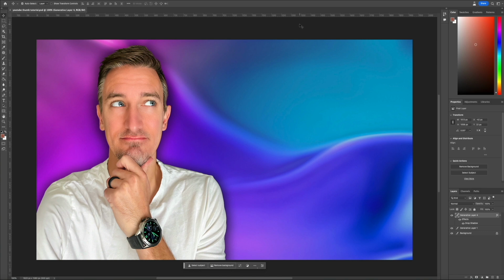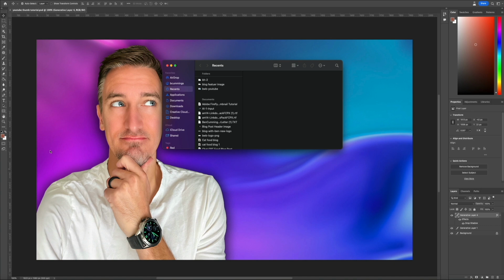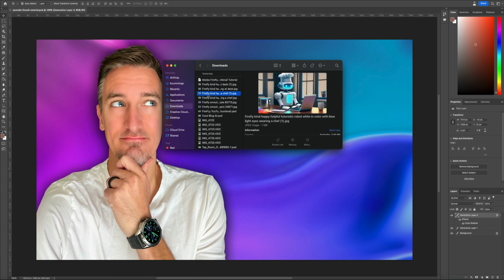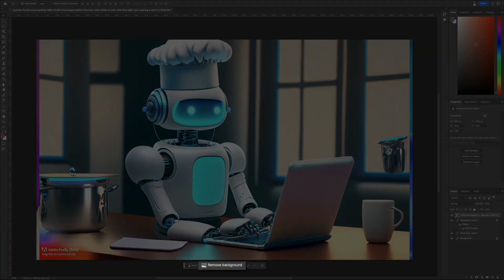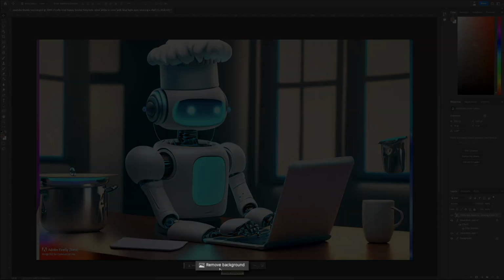So that being said, let me add the image of my robot really quick. So I'm going to open my Finder and find the image I want to use. And there it is. Now we'll obviously adjust the size, but the first thing I always like to do is remove the background. But as you'll see, the tool isn't always perfect. For example, when I click the Remove Background button for this particular image,